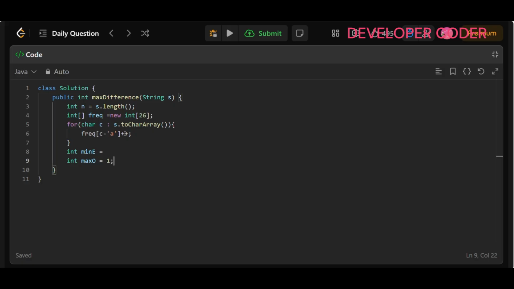So here let's say it is 1, and here min e, let's say Integer.MAX_VALUE, because we need the minimum, so we take the max value. Or you can also say the total length of the string, which is nothing but n. It's your choice. Here we need the max value, so that is why I'm starting from 1. We need a minimum value, that's why I'm taking the largest value. Then just simply run one loop. We have 26 alphabets, so i is equal to 0, i less than 26, and i plus plus,